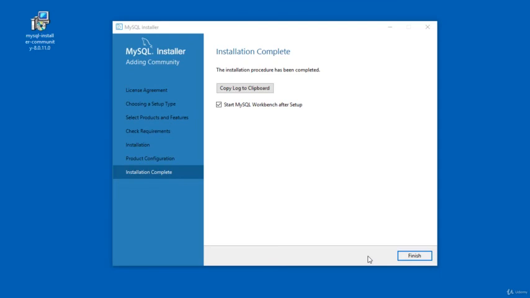I will do my best to help you as soon as possible. Uncheck Start MySQL Workbench after setup option, and finally click this Finish button to complete the installation process. Here we successfully completed the MySQL Database Server version 8.0.11 installation.